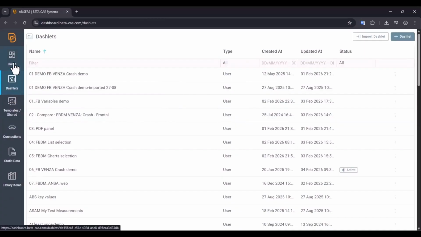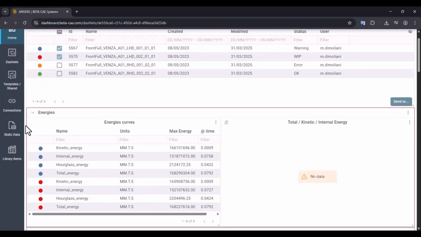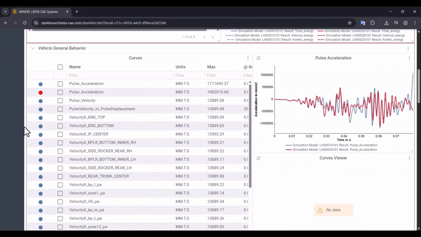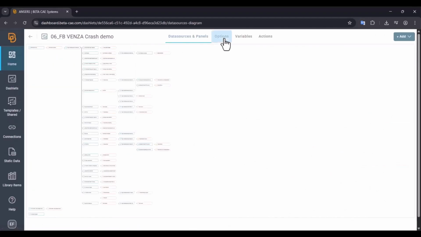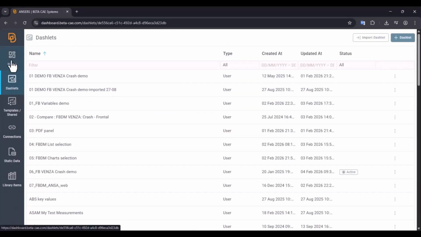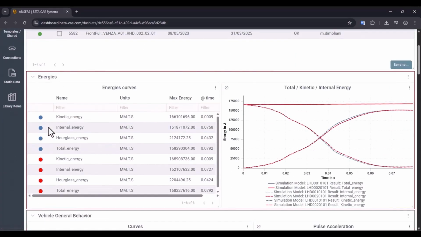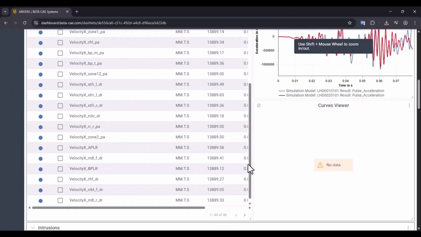This mode reduces the spacing between panels and makes the layout more compact, so more information can be shown at once in data-heavy dashboards. Of course, if you need more visual inspection, you can switch to Low Density at any time. Low Density increases spacing and margins, offering a more spacious arrangement that is easier to read. Depending on the type of simulation analysis you're doing, you may prefer additional space to better view comparisons or examine details in your results.